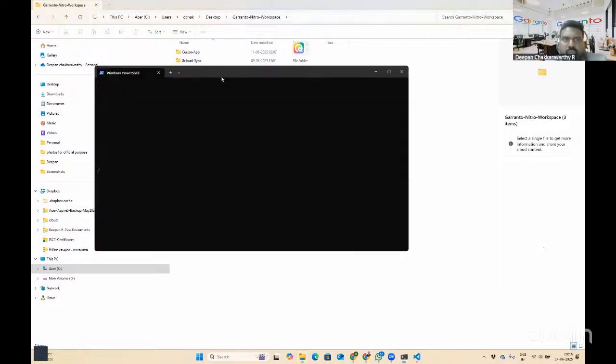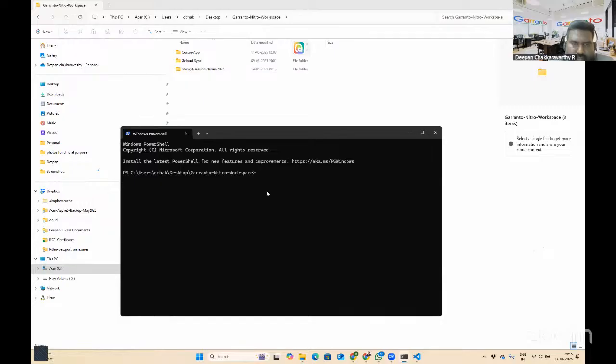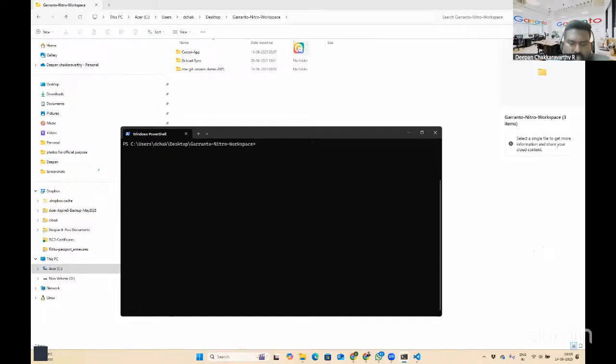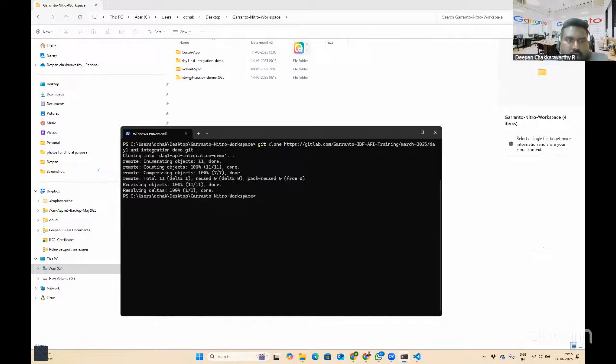I'll open a terminal here. I'll just say git version just to ensure I'm able to run git commands in this command prompt. It's working now. I'll say git clone followed by the project that I want to clone. Right. So this is a private project, but I've already authenticated, hence I'm able to clone the project.